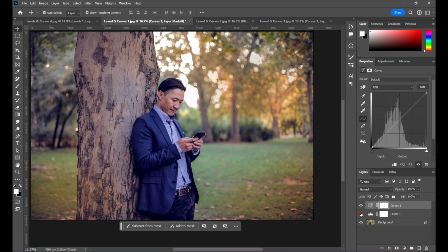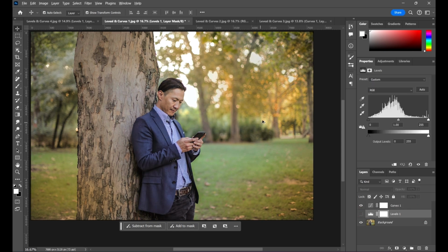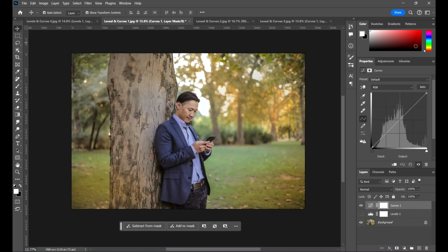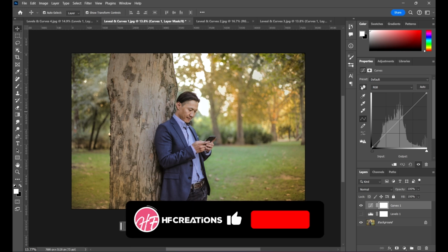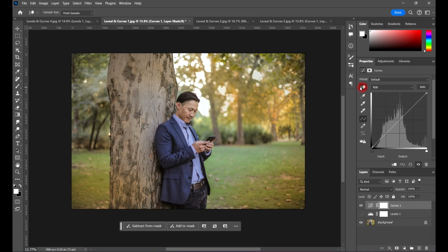So add my curves, and I'll just disable my levels, or hide my levels. And now we have this particular guy. Now just hover on it and you're going to see some explanation. That's click and drag in image to modify the curve. Now if you click on this button and then come into the image,